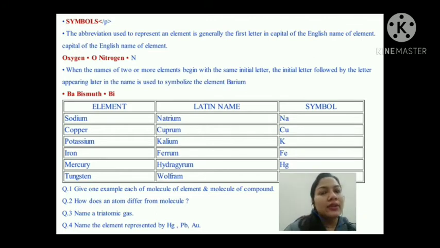If we talk about carbon, it is represented by capital C because the first letter of carbon is C. But when chlorine was discovered, they found it confusing to put only C. So they took one more letter from that word, that is l. So the chlorine symbol is Cl. The same happened with boron and beryllium, and there are lots more elements like this. The oxygen symbol is O, the nitrogen symbol is N.